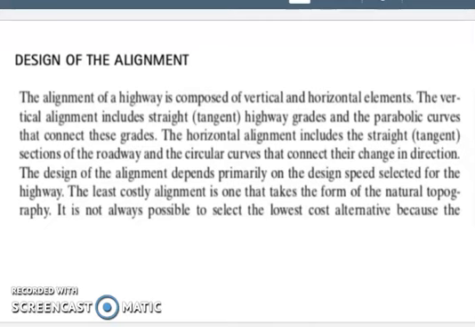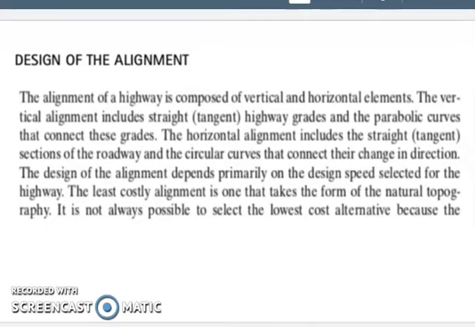Note that the design of the alignment is dependent primarily on the design speed selected for the highway. Which means that when we design a highway, we consider the design of the alignment, which is dependent on the design speed. The least cost alignment is one that takes the form of the natural topography. So for a certain highway design, to have a lower cost of the alignment, we have to take the form